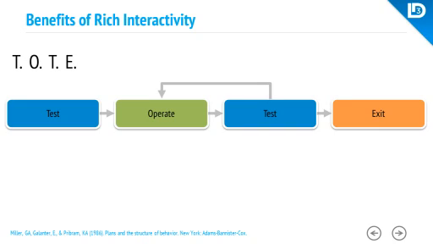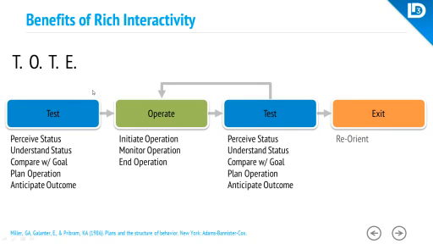This one here is a very simplistic one. It's called the TOTE model. TOTE as in test, operate, test, and exit. That's basically what at any point in time a user would have to go through on a UI of the system that maybe you are building. So the first T talks about test. And here are all these sub-bullets for each of those phases.